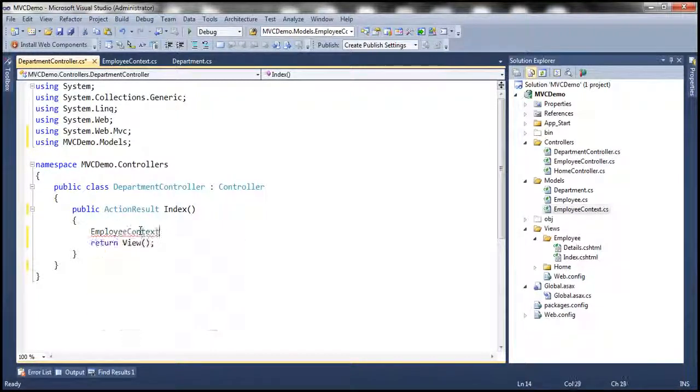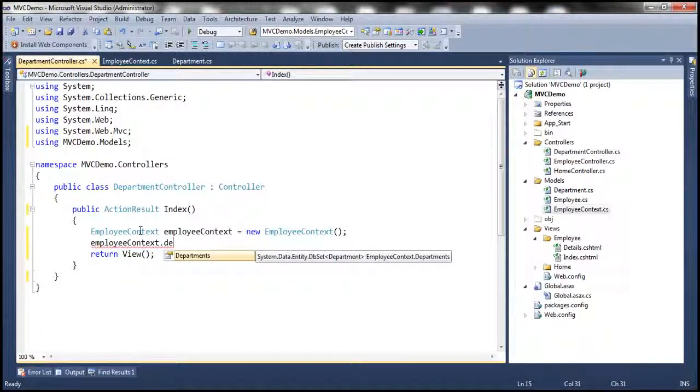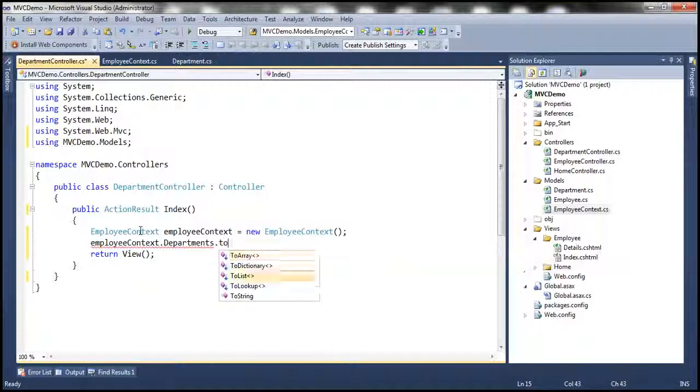So employee context, let's create an instance of this employee context class which is going to establish the connection to the database, and then let's use the departments property of the employee context class to retrieve the list of departments that are present in the tblDepartments table. This property is going to return the list of departments. So let's convert that to a list,